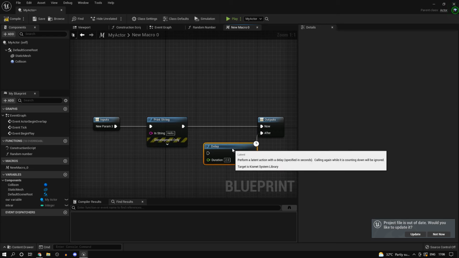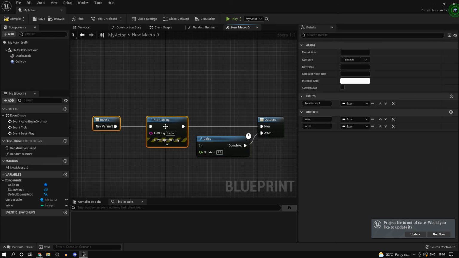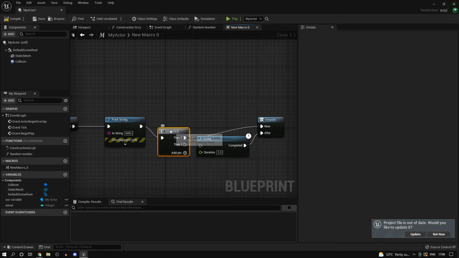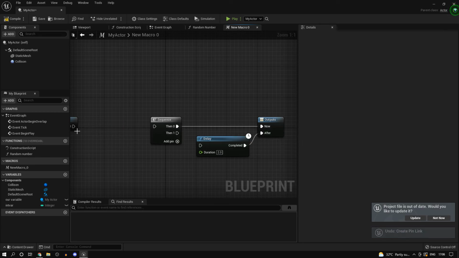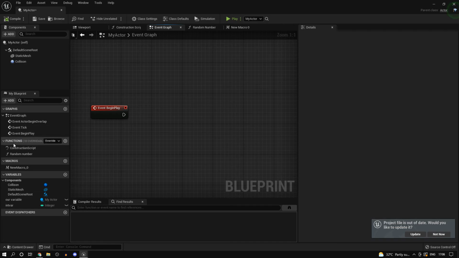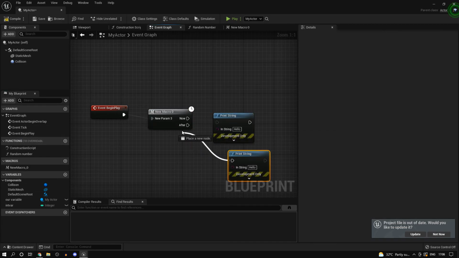So if I have now over here, and if I use a sequence node, you can use it over there as well. And if you have this over here, you'd see something really interesting. Let's have the print outside so we can actually see the difference. We do this, we can grab our macro, and we can print out, let's just print out n over there, and let's just print out a over there.